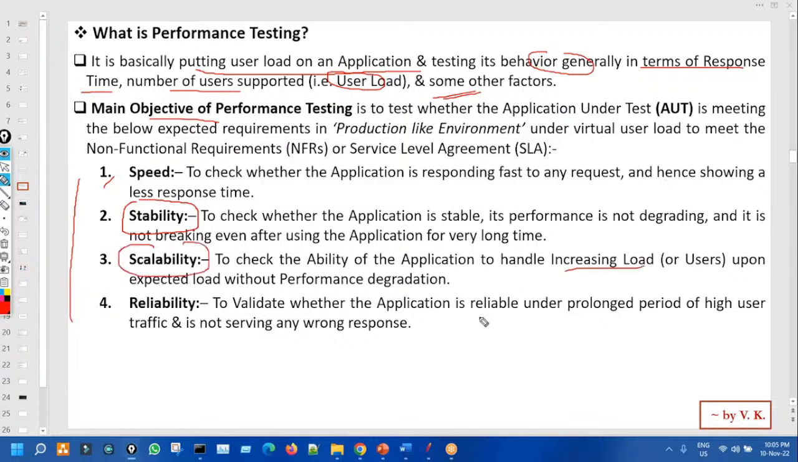Suppose currently 1 lakh people are using my application, and 1 lakh more come, so a total of 2 lakh users are coming. Can it handle that? That is scalability. And then reliability: we test that the application is reliable, that it does not serve any wrong response and does not go down. It should be trusted for that long period, for that many extra or high users. So these are the main 4 objectives of performance